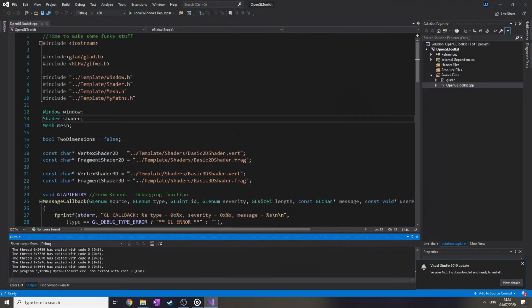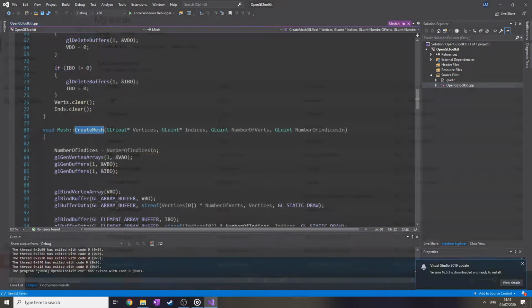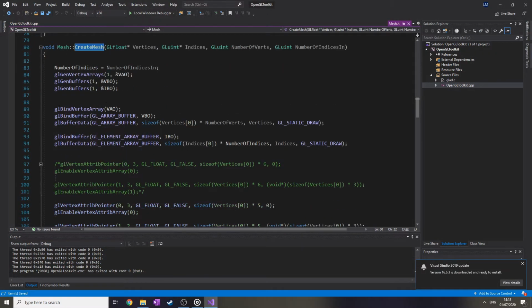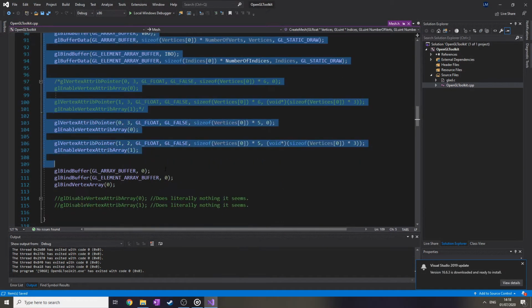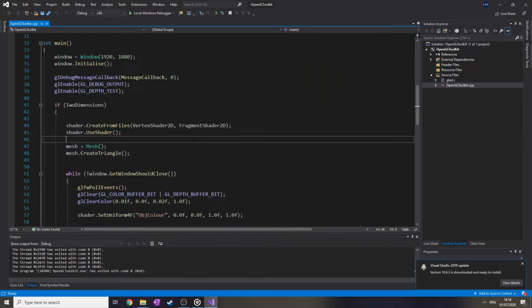So currently we're telling the mesh class to create a triangle and then draw it. This is known as high level because we don't see the nitty-gritty details. But for the mesh to create a triangle, it has to do some low level stuff. And before we get to that low level stuff, let's just make a square. So a quick video, before we make the square we need to set up, because there's a couple of things